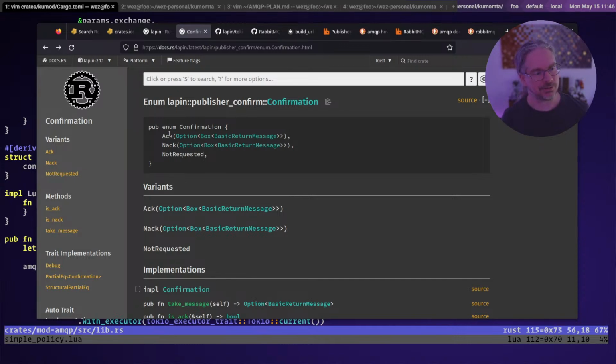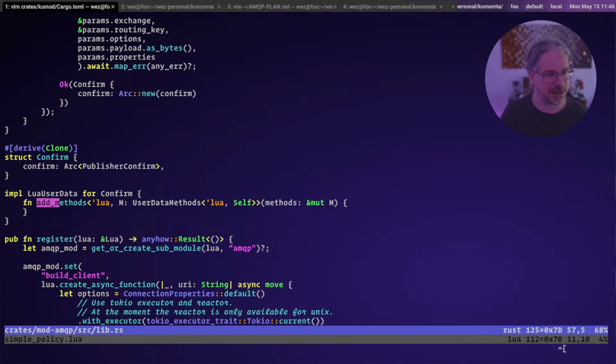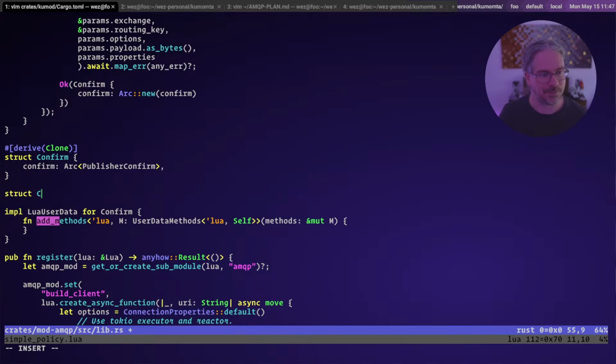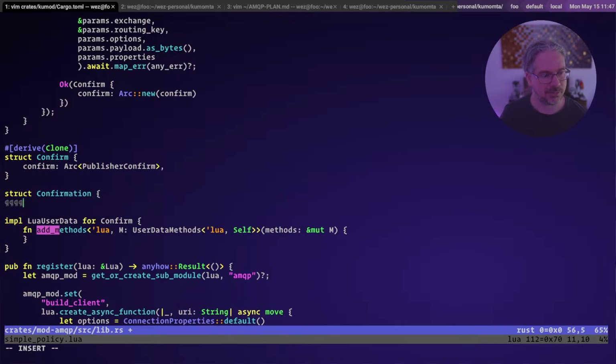And then ack and nack. So what I'm thinking about here is how do we represent this in Lua? Probably it's a table value where we have a field for this type, for the variant discriminator, so we can see what it is, and then there's another field that is the return message, or the fields of those actually get mapped into it. So let me sketch that out so it's a bit clearer what I'm talking about here. So we can do something like this, and